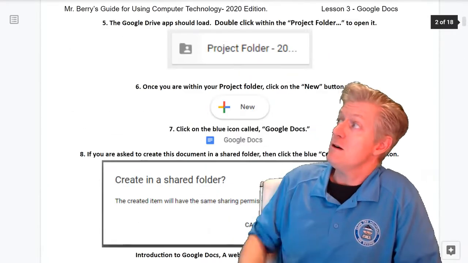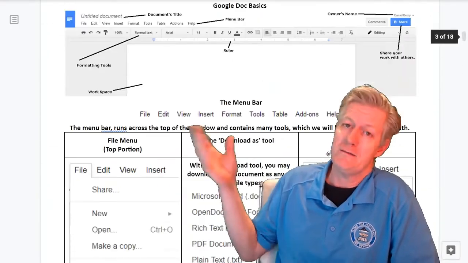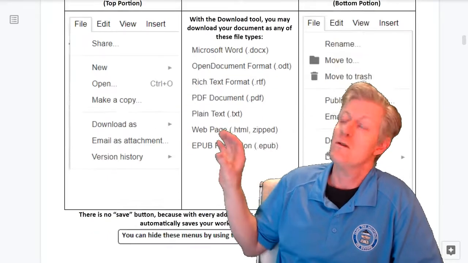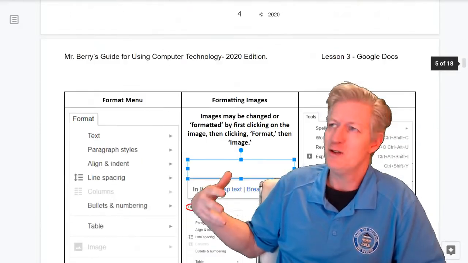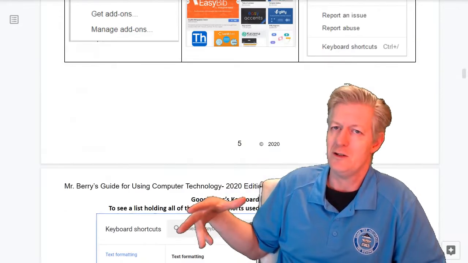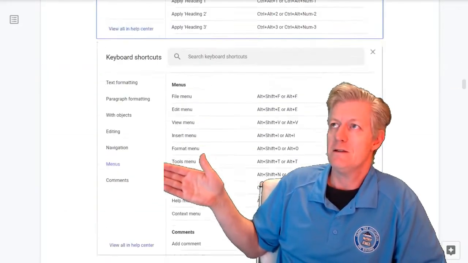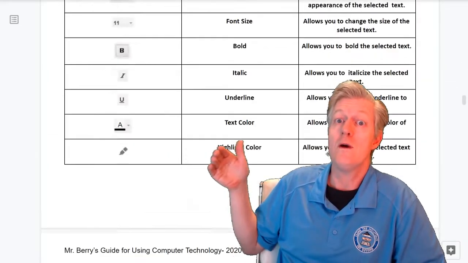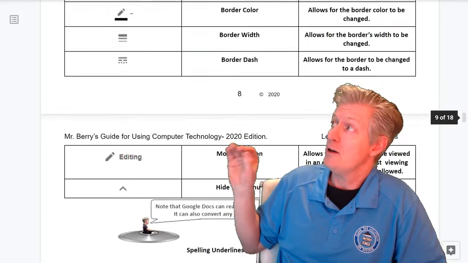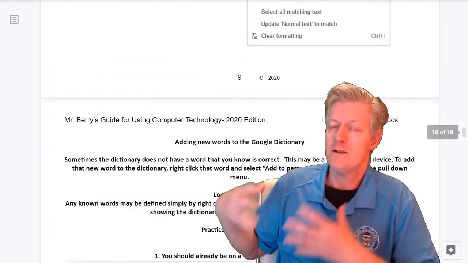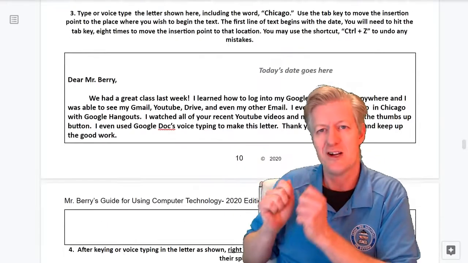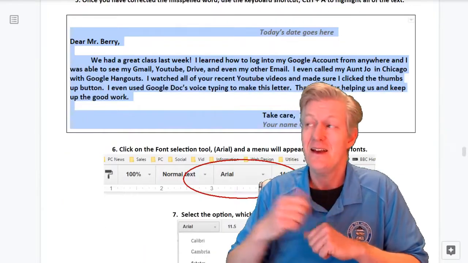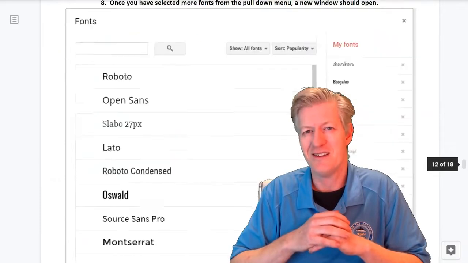So as we can see here, here's Google Docs, and in lesson 3 I would actually go over the basics of using Google Docs, all the tools, all that it can do. And then with the lessons from 4 all the way to lesson 8, I go in with practice, so the students are actually creating documents and learning those skills by actually doing. Now let's jump into lesson number 9.